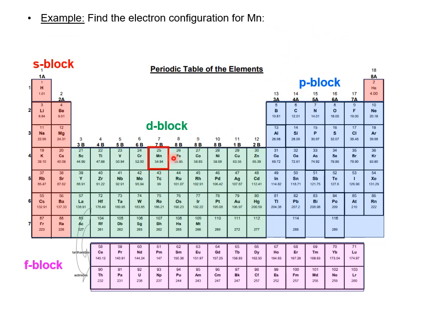Now let's look at the electron configuration for manganese. So again, we always start off at the 1s. So 1s2 takes us to helium. 2s2 brings us to beryllium. Then we go to the P's. You always go across the row from left to right, and then down. So then 2p6 brings us to neon.